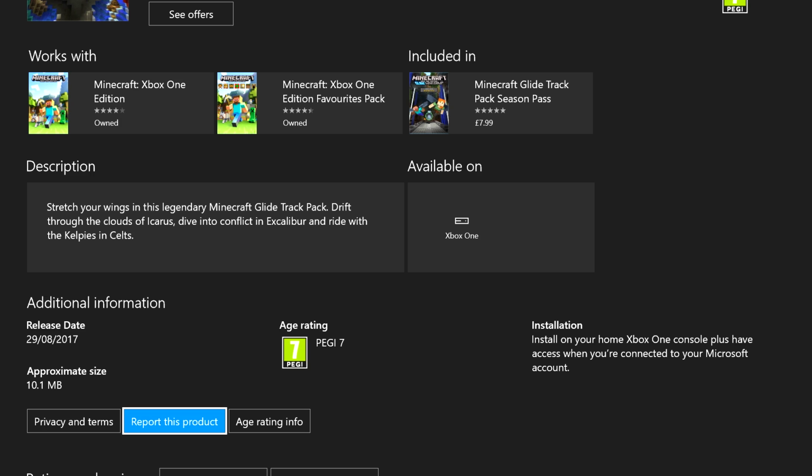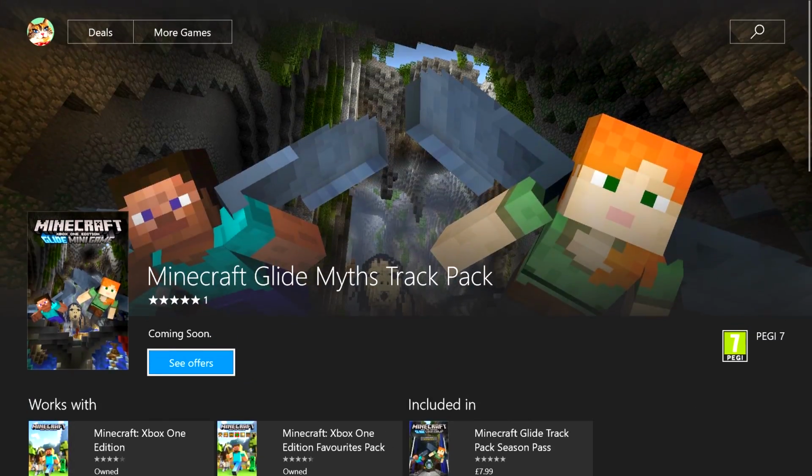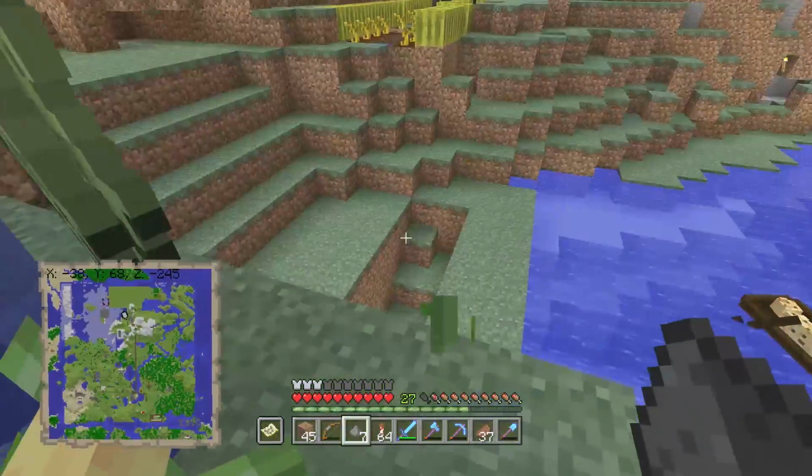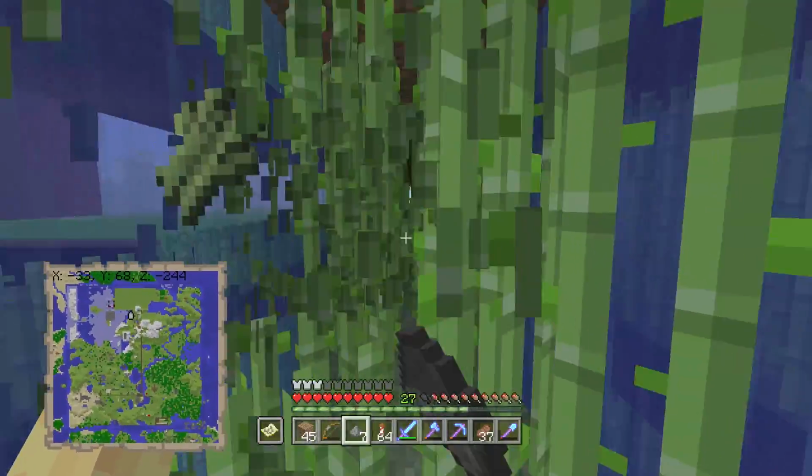So now we know this is going to be coming out on the 29th of August, which adds up with the usual 4J/Microsoft release date, because this is coming out on a Tuesday. Tuesday is how they update the console versions, which means that next Tuesday there's going to be a brand new glide map, and alongside every glide map, they release an update. Again, these updates aren't usually amazing brand new features. They usually add the glide map and fix some bugs,